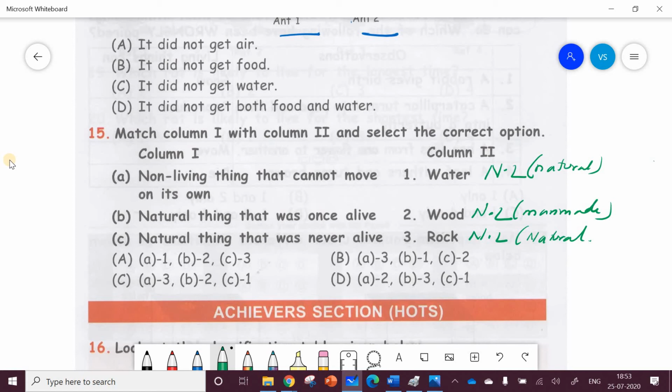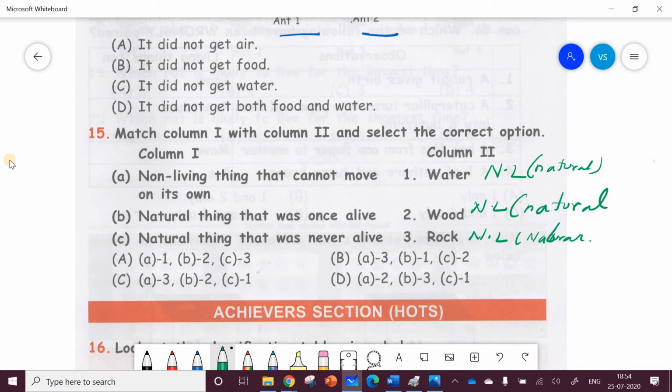Here they are referring to wood also as natural. Let us just check one second. Can we say that wood is natural? Wood is a natural material. My mistake, students. Let me just clear this up for you. This is also natural. This is a non-living thing, Avnish, and this is also natural.